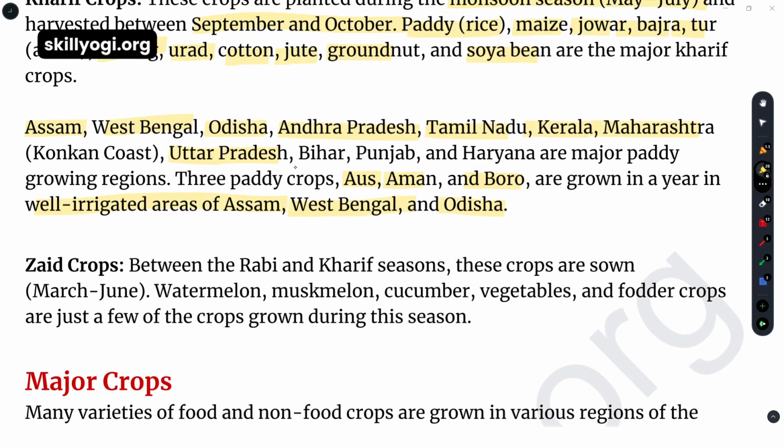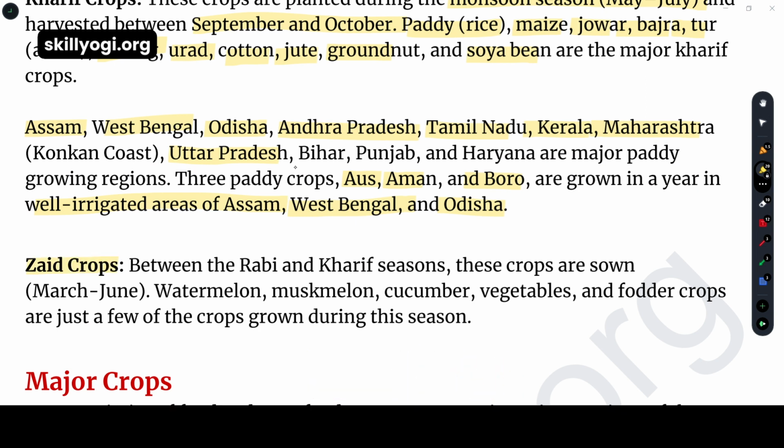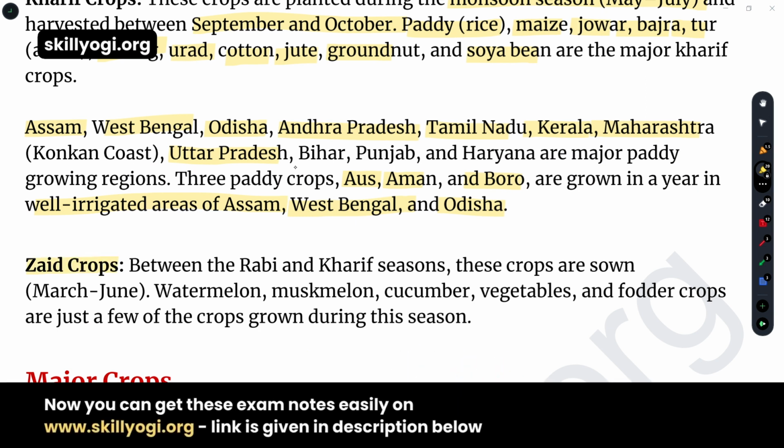And the last one is Zaid crop. Zaid is a middle crop. At the secondary level, when you are going to know about the cropping patterns, you will not get this point of Zaid crop as you are now in the secondary portion. So you have this pattern between the Rabi and the Kharif